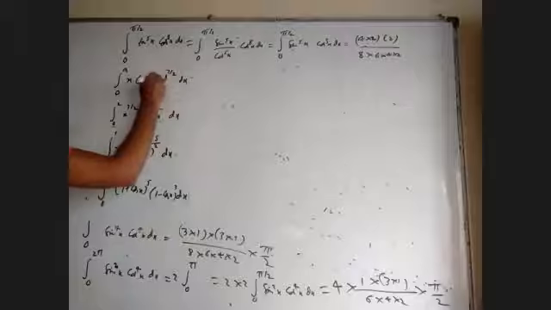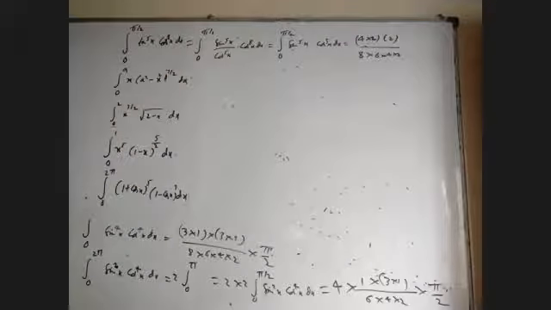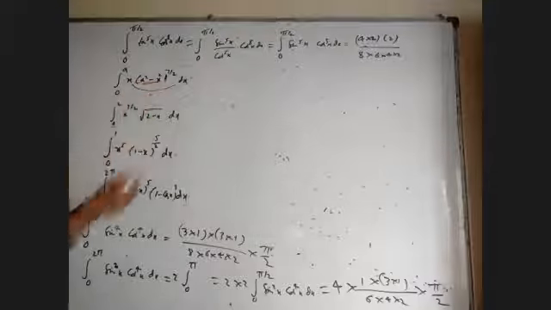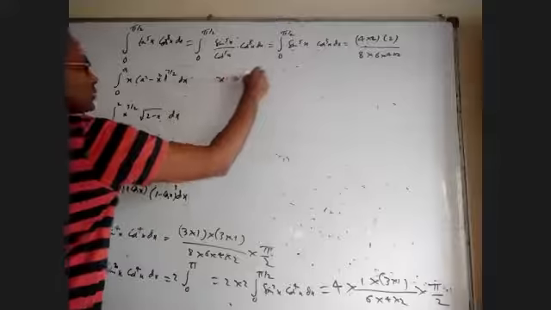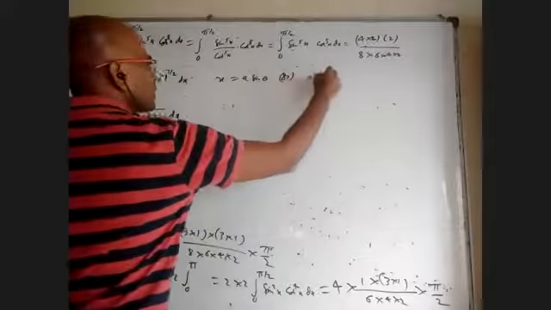Here, in the second one, what should I take x as? A sin theta. We will take x as a sin theta, because in the context of what we are discussing, we are doing it that way. Otherwise, you can simply take a square minus x square as t, and this whole thing will be dt, because the derivative of x square is t. It is given here. I want to skip this question because it doesn't teach us much, but you can take x equal to a sin theta, nothing wrong. I'll just mention it and leave it: x equal to a sin theta or directly a square minus x square equal to t.